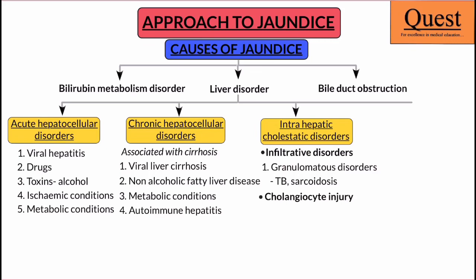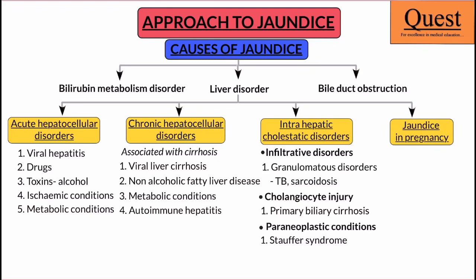Similarly, you could have an injury to the cholangiocytes like immune-mediated injury seen in primary biliary cirrhosis. We could also have some conditions which are with a normal histology and still having intrahepatic cholestasis. These could be paraneoplastic conditions associated with lymphomas, a condition known as Stauffer's syndrome.